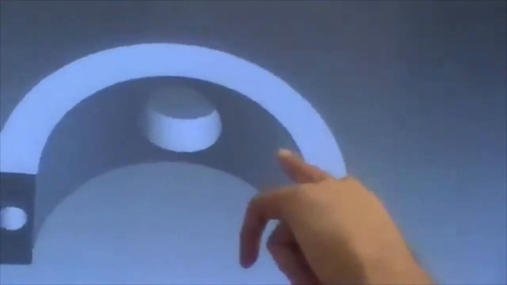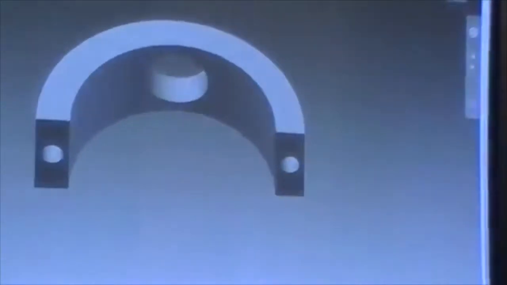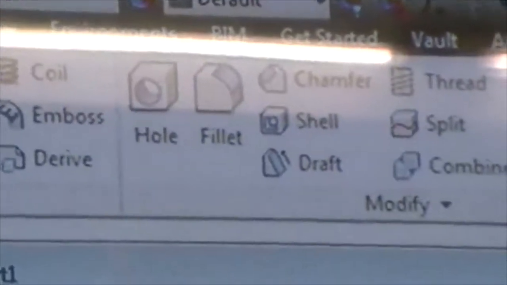And also you might notice this hole feature up here. I could use that as well to make these holes. And the nice thing about using that, especially if you're trying to use some sort of a connector, so let's go through here and then